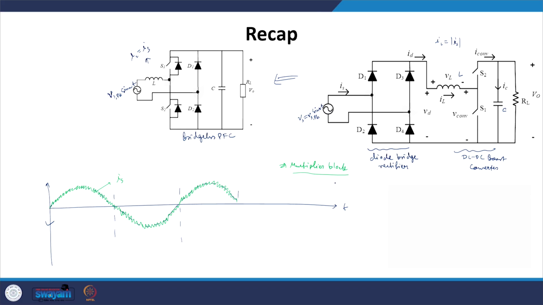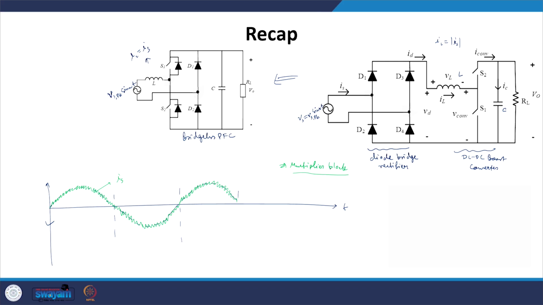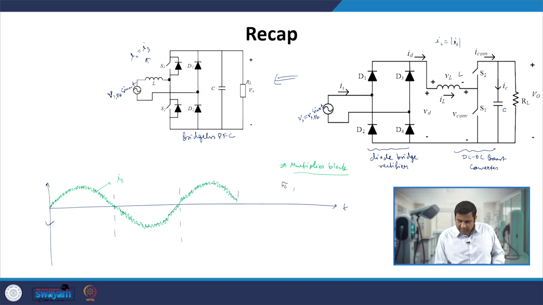So we sometimes require a high end microcontroller to handle this multiplication, and that is why it is also called the multiplier control approach,